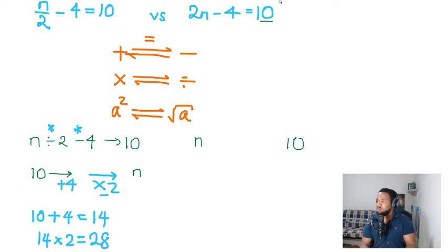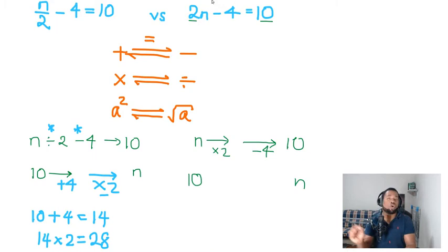So in this case here, what we're doing is we are multiplying n by 2, which is what we see right here. And then we get an answer, and then we subtract that answer minus 4, and then we get 10. So once we have this, we are going to do the opposite, which means we're going to start at 10 and we are going to get to n. We're going to go in the opposite direction, doing the inverse operation, which means starting off with the following, which is in this case